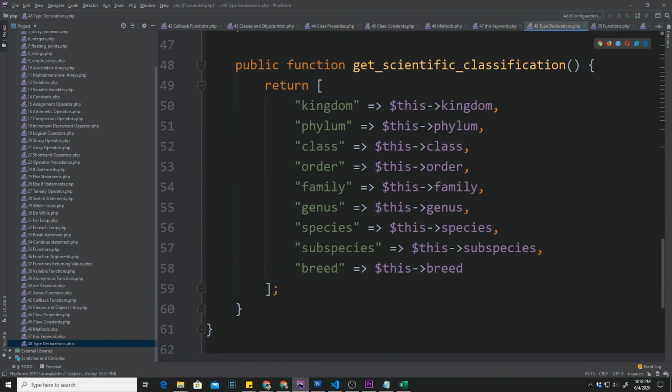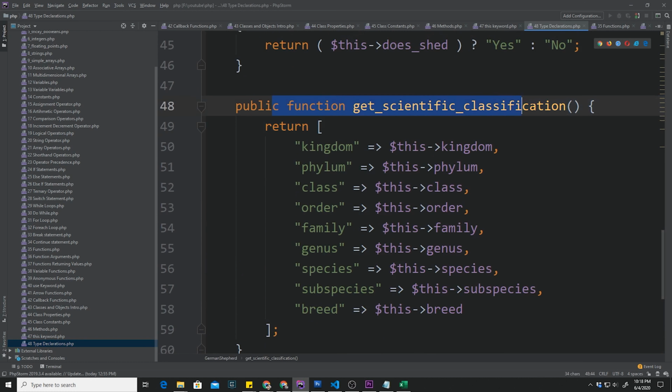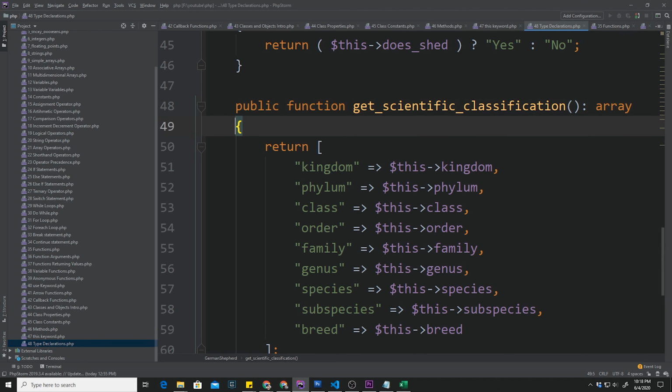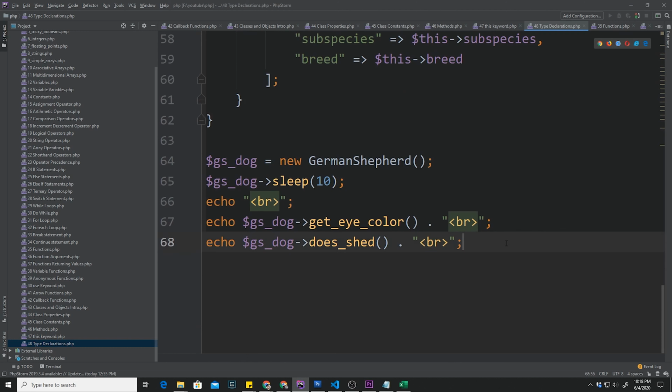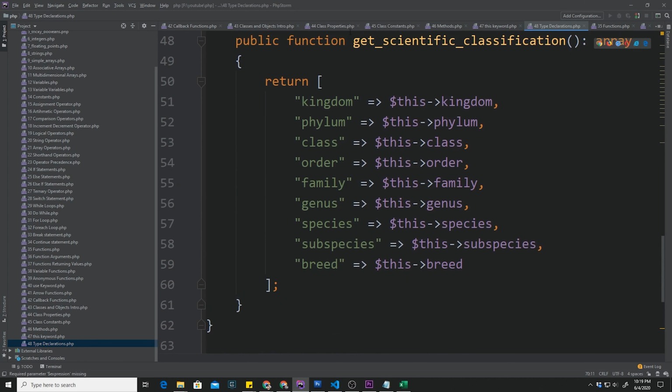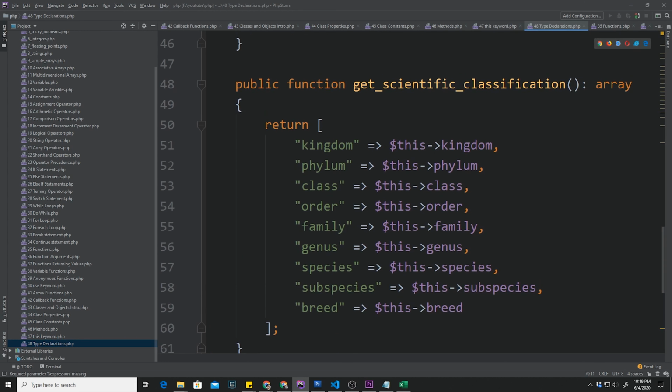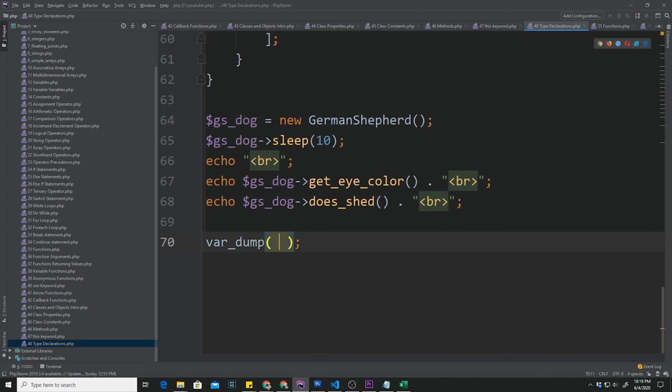For our last example in here, this method returns an array, so we can specify that it's going to return an array. Just like that. Move this down, and then we can var dump just to see if there were any kind of errors. It would not allow us, if it was returning, for example, a string, when an array was expected, it would throw an error. So we can say var dump